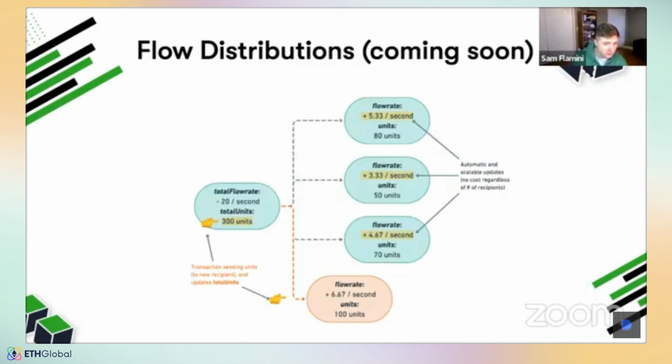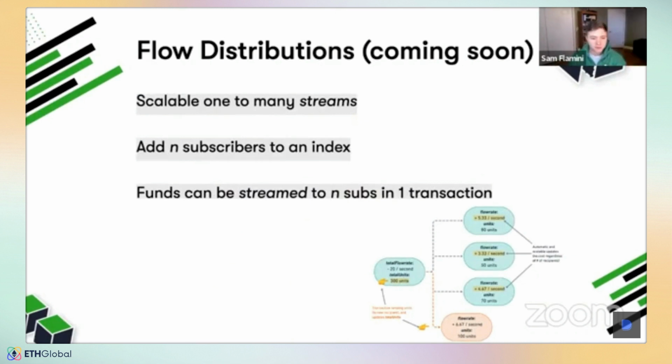And then very soon, we're going to combine the money streaming and the instant distributions into one thing, right? So this would be a third option where you could have a large pool, large index, and as the creator of that index, you can send a single stream, which is split up amongst everybody in the pool proportionally. So it's like a one-to-many stream, which would be innovative as well, right? I can add n subscribers to an index, and funds can be streamed to n number of subscribers in that index, right? So those are new forms of value transfer, right? All pretty cool. This is stuff you can all do today, except for flow distributions that's coming soon.